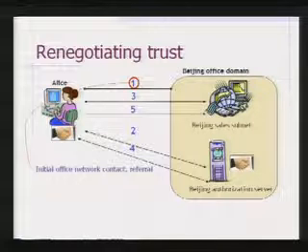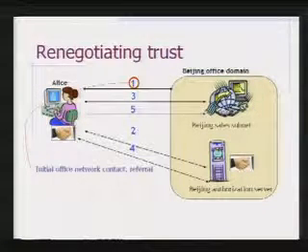Another thing that we can do with these facilities is that we can renegotiate trust later on. So suppose that Alice accesses the local network for a while and then she wants to go to a particular subnet that has, say, financial data that not just anyone